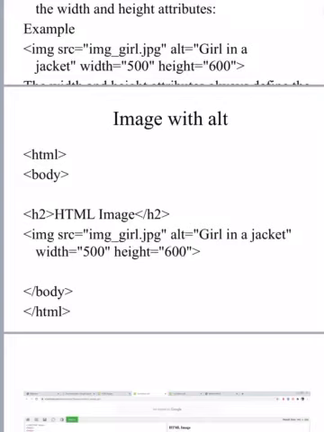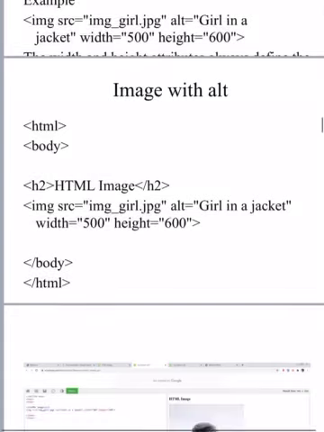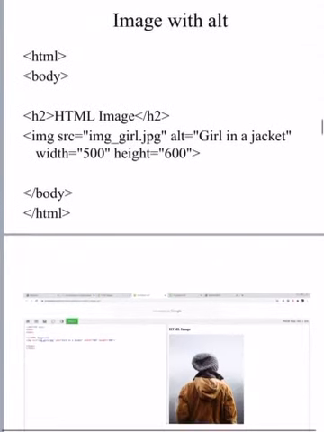This is the alternative name given if the particular image is not available to the browser. While executing, if it is not available, it will show girl in a jacket, and if it is available, it will just show the image on the browser with width equal to 500 and height equal to 600. And then we have closed body and closed HTML.